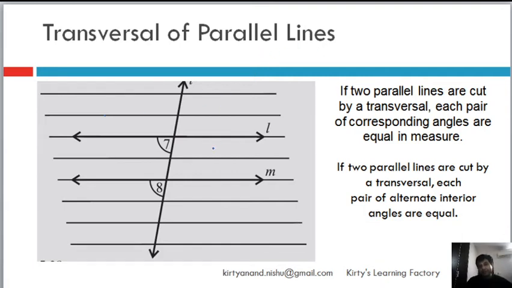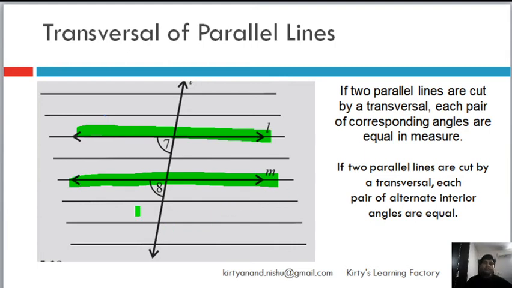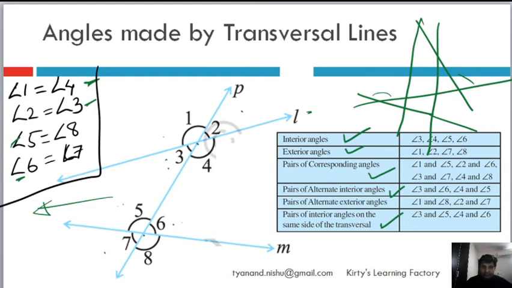Now these are so many parallel lines. Here, just for your convenience, let's take two parallel lines. One is line L and the other is line M. Now we see this line is a transversal line cutting the two parallel lines L and M. Now whatever we learnt here, interior angles, let's see.